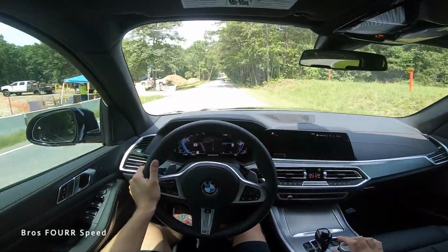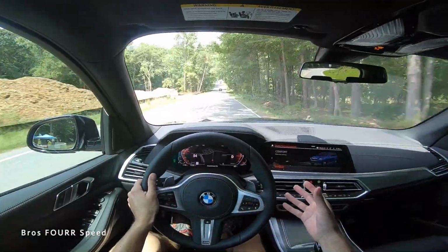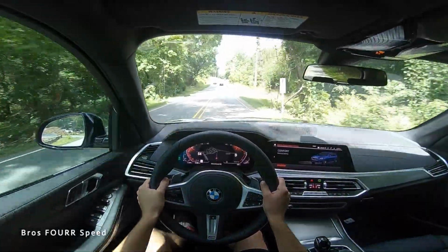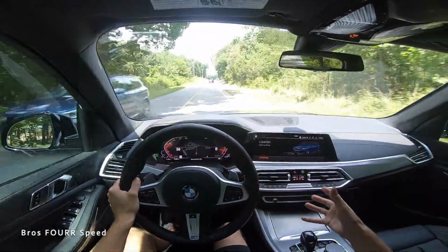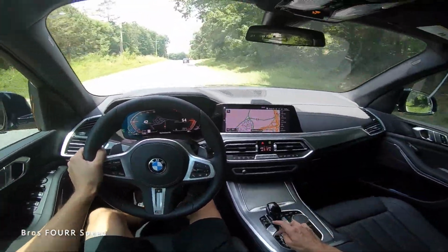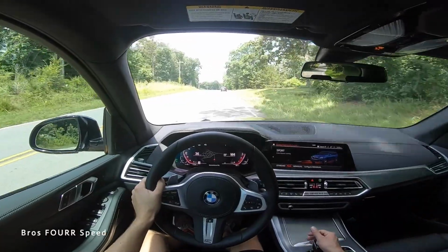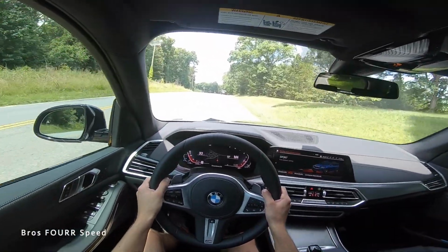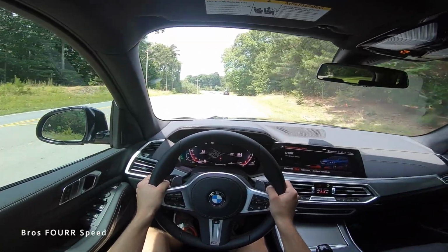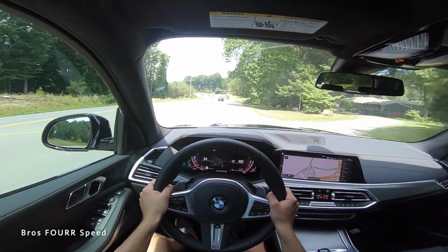So then if we go into comfort mode, it gets a little bit more normal to drive. The throttle response is now what you would expect. You know, you give it a little bit of gas and it starts to accelerate. But then I really like, even with the 6-cylinder, this is more of the basic drivetrain layout. If we go into the sport mode, it actually does pack a nice little punch. It's not crazy fast. Of course, you can get the M50i, get the V8 in it, or of course get the M. But with this,